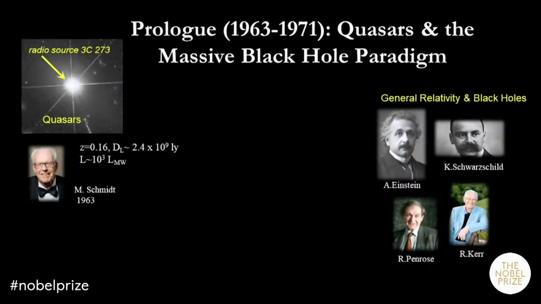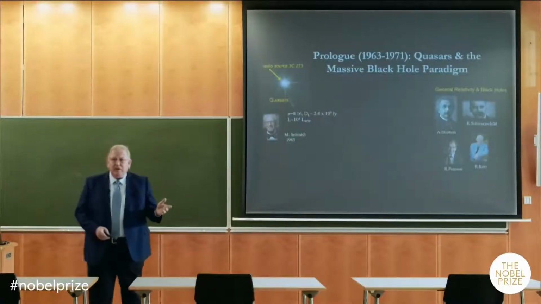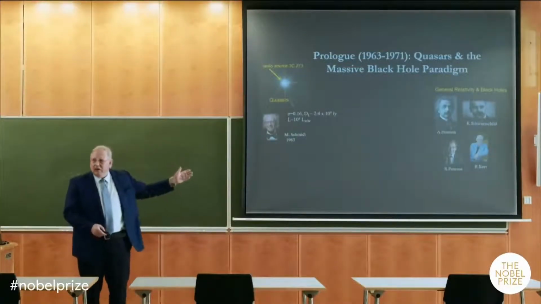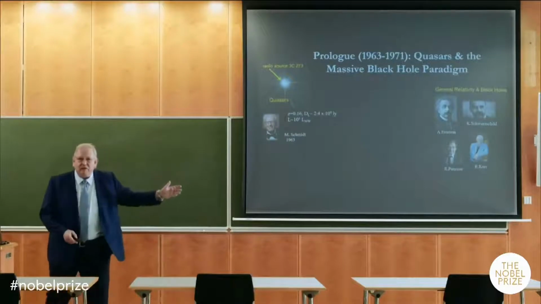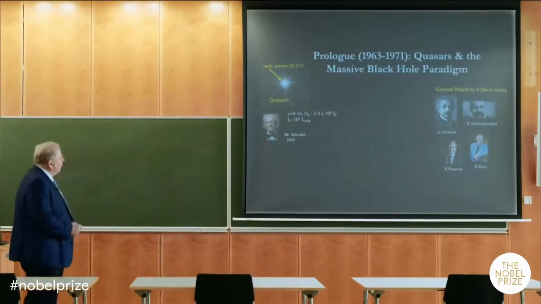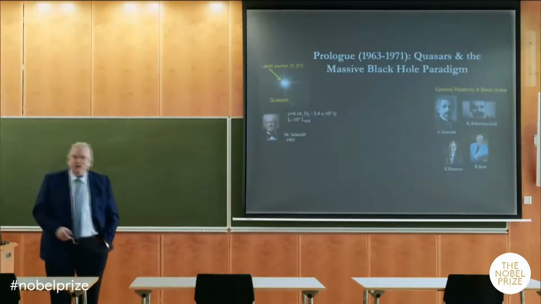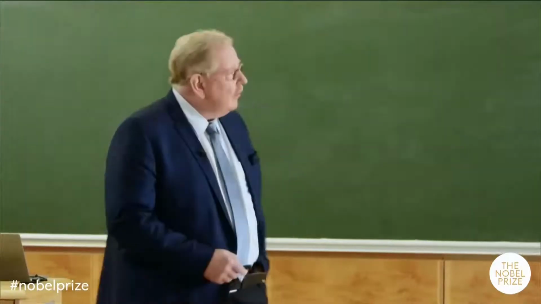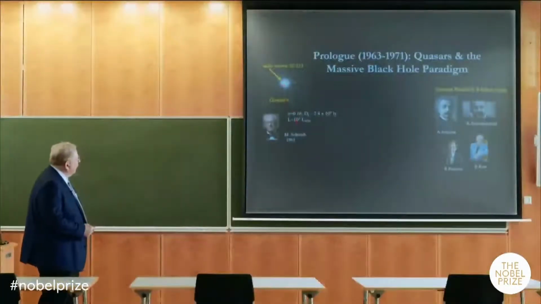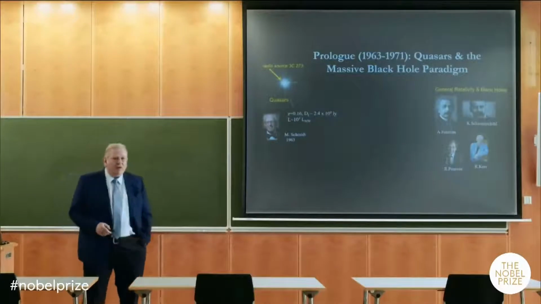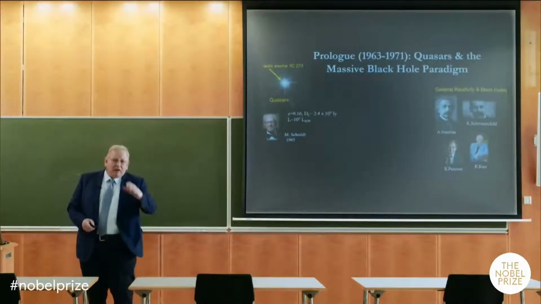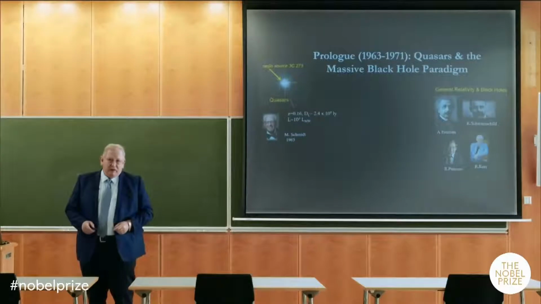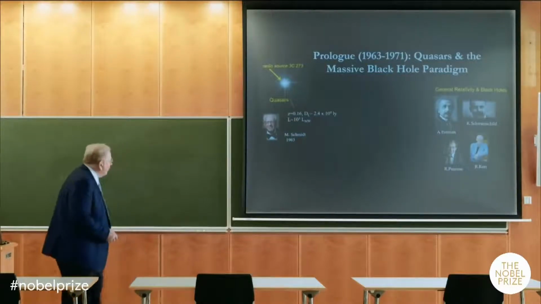Yet in their spectra, there's evidence that spectral lines, which are in the laboratory very well known, are shifted by such an amount as to make these objects very distant, many hundreds of millions of light years away, such that what looks like a fairly faint star really must be a tremendously luminous object. This one, the first one, has 1,000 times the luminosity of our entire Milky Way, all coming from the central light year or so.